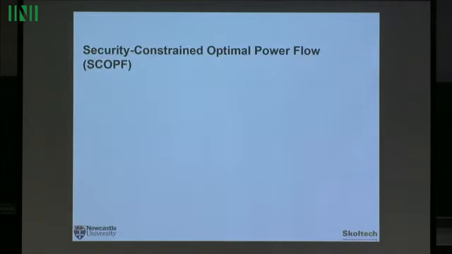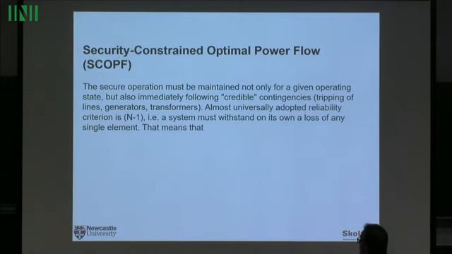But the point which I really want to make, and it links to my previous lecture, is that quite often people solve just OPF equations. Remember, in actual power system analysis, system operators never solve just power flow equations. They will solve so-called security constrained optimal power flow because you have to take into account the n-1 security criterion. So you have to make sure that the power flows are below the limits, not only assuming that everything is fine, but also that it will be below the limits if one of the elements trips. Which is a little bit more